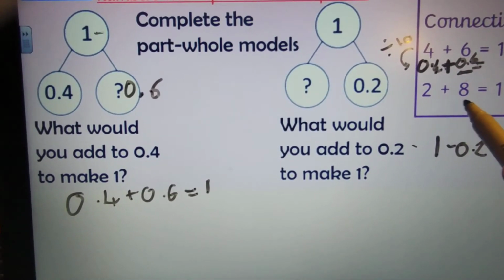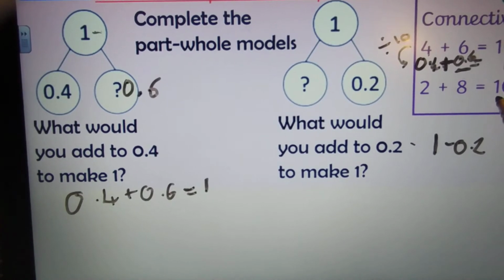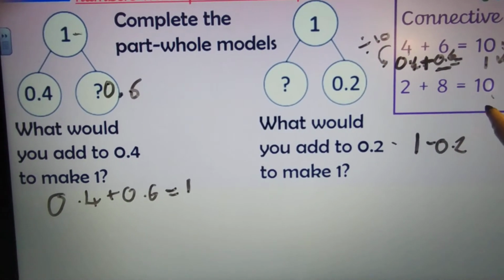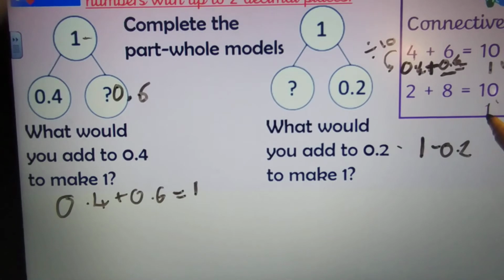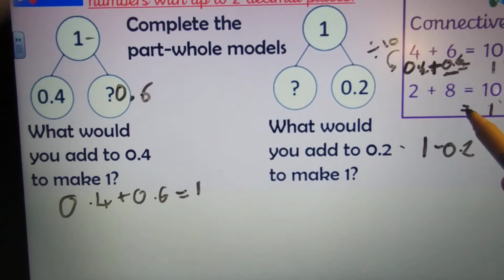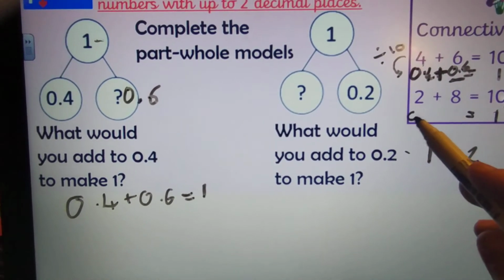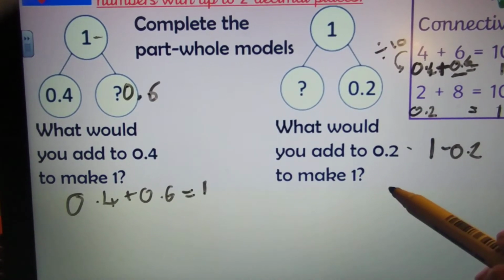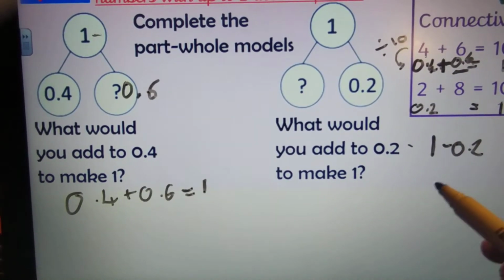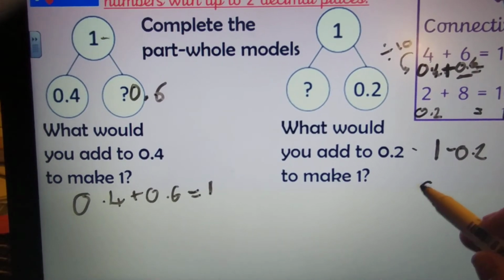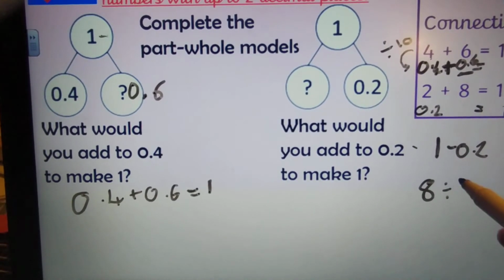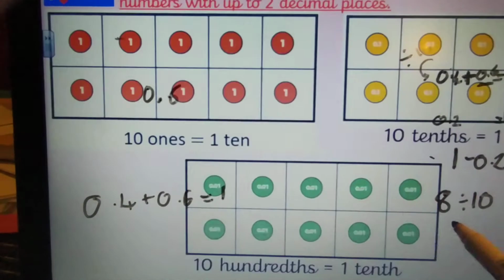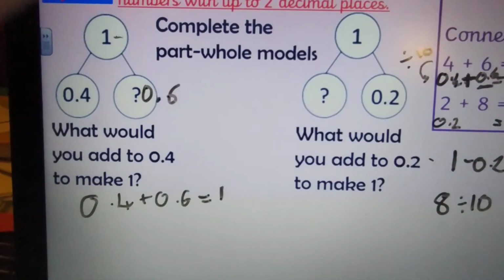2 add 8 equals 10. Our total this time on our diagram is 1. And we've got 0.2. So much like before, actually both of those numbers have been divided by 10. So if we know what 8 divided by 10 is, then we should know the answer to this question. Now, for those of you that have forgotten,